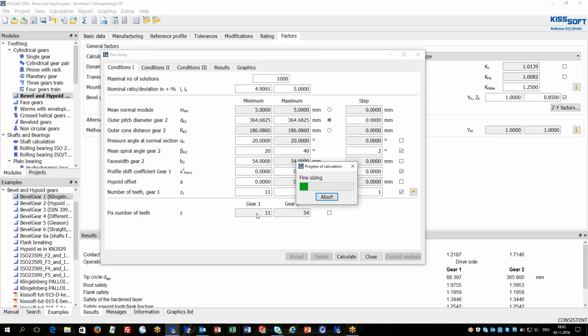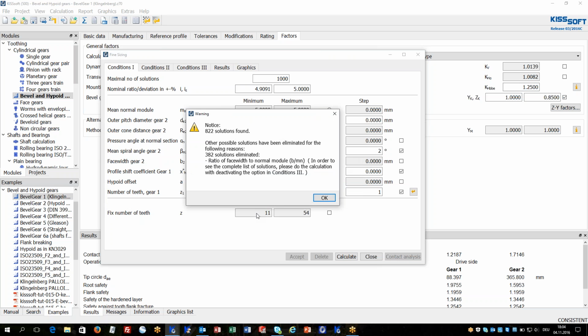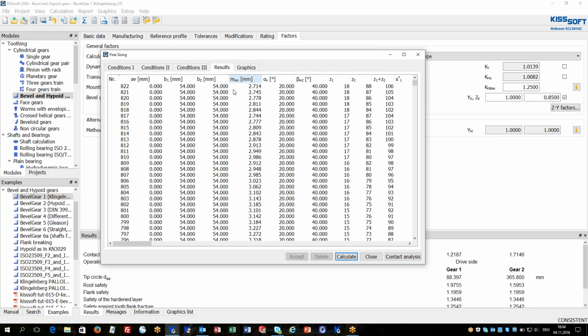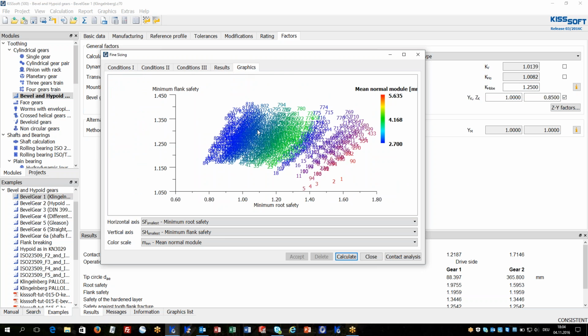Calculating all these variants, it will give a number of solutions, maybe a big number of solutions, which will show then to the designer which is the best or the optimized macro geometry for his design. In that case, in very short time, 822 solutions are found. The results can be checked either by a list or graphically, and